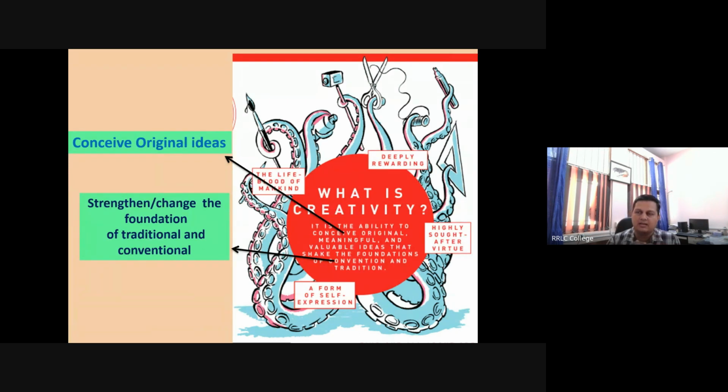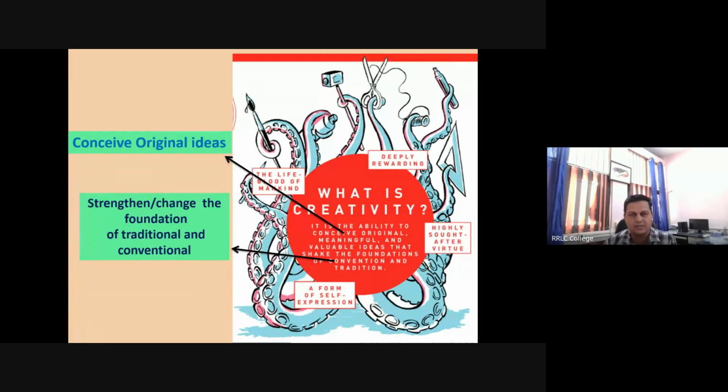Creativity. When we apply some new ideas to your work or to your research, we are strengthening or changing the foundation of traditional and conventional method. है ना? मैंने कहा कि आपकी मेथड में आप चेंज कर सकते हो. ट्रेडिशनल मेथड जो है साइंस की, राइट, एक्सपेरिमेंट की, कोई आप मेथड फॉलो कर रहे हो वो शायद 1905 में लिखी गई हो, तो you can definitely change the method if your method is more appropriate, या तो आप वो पुरानी मेथड को चेंज करके और ज्यादा स्ट्रेंथन या मजबूत बना सकते हो, राइट.